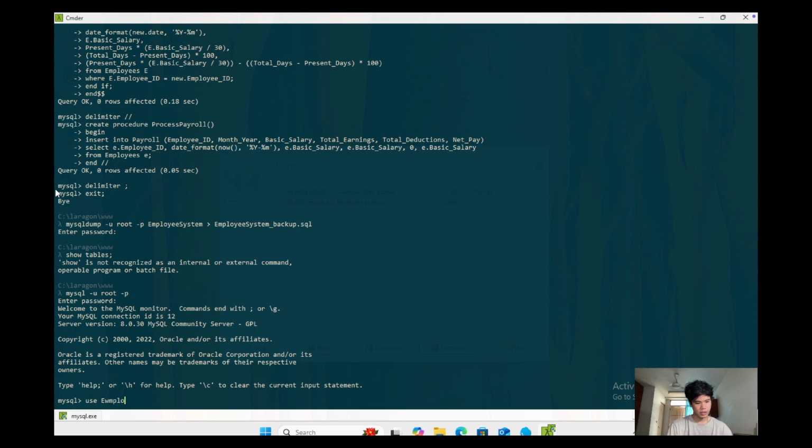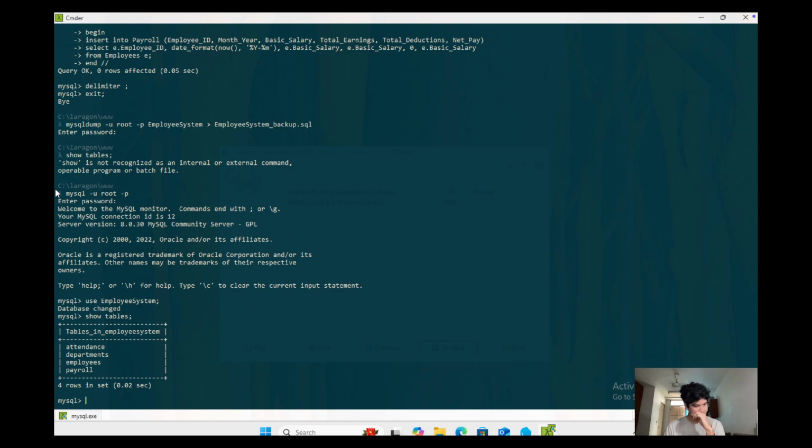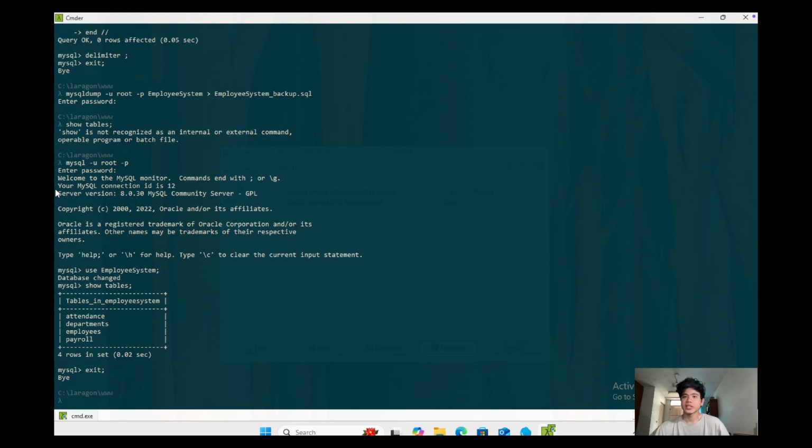Use employee and show tables. Okay, then everything is perfectly fine. I already successfully backed up and recovered the database. I think that's all. I will continue with the integration with Python on the next